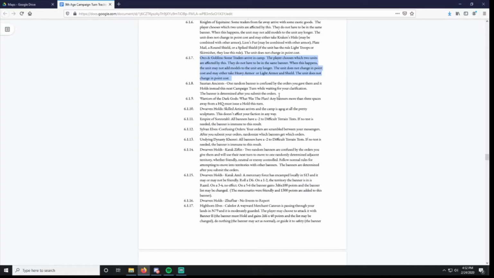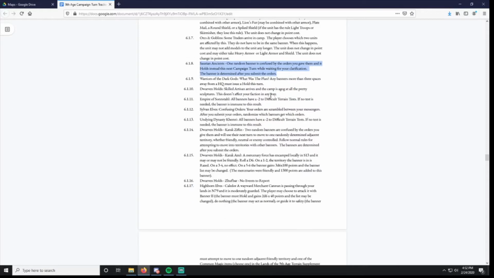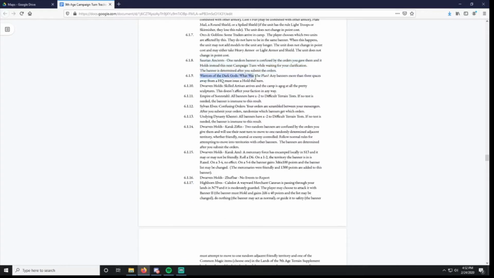So, alright. Saurian Ancients. The one random banner is confused by the orders you give them, and it holds instead this next campaign turn while waiting for your clarification. Alright. So one of their banners has to hold instead of moving. Warriors of the Dark Gods. Any banners more than 3 spaces away from an HQ must issue a hold this turn. See, I didn't really read these in depth. I'm noticing now as I go back and read them, some of these things I didn't read in depth. I just scroll to my faction and I read my faction and I don't really read the rest. So I didn't realize this. So they all had the hold. That's funny. All right, now